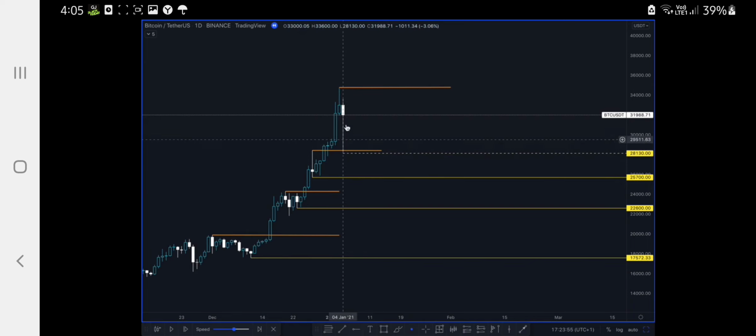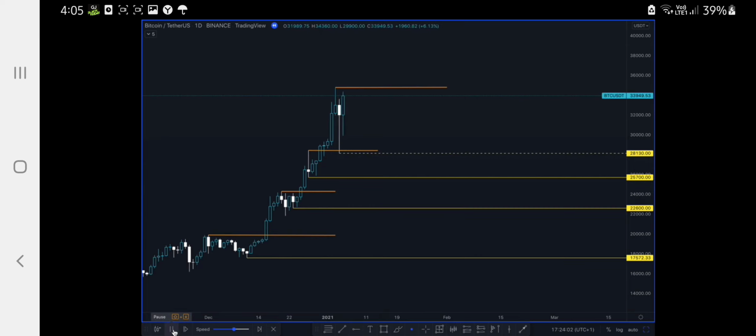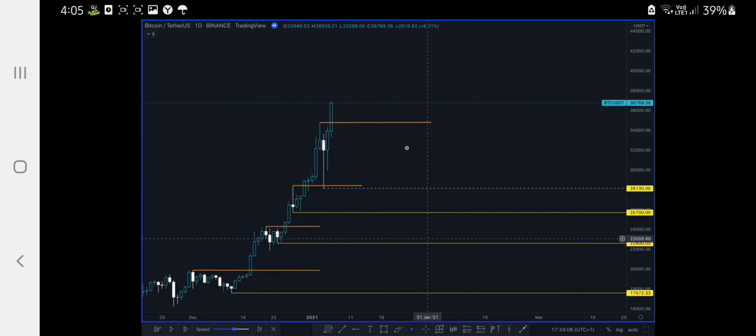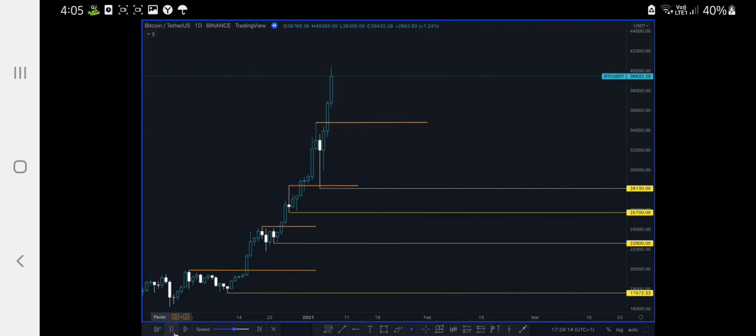But this potentially is our low, a massive wick on it. We'd expect that probably to hold, and then we just let it play on. Does it hold? Yes, it does. There we go. Another break in structure. And so we can confirm this one as our new bullish level and let it play on until we get